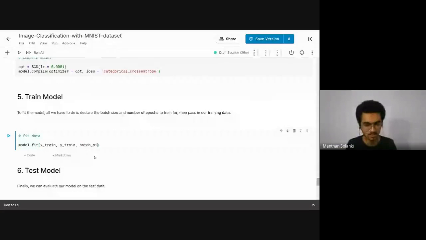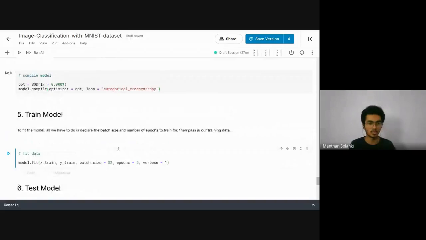Batch size is equal to 32. And how many times? Iteration means the epochs. Here epochs is the iterations. Let's say 5 times. And finally verbose means how I want to see my learning process. So this is verbose one. Later I will show you the example of verbose two.